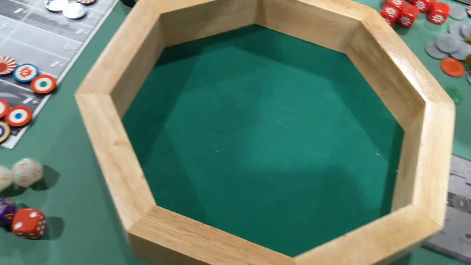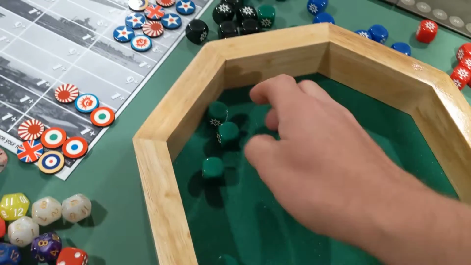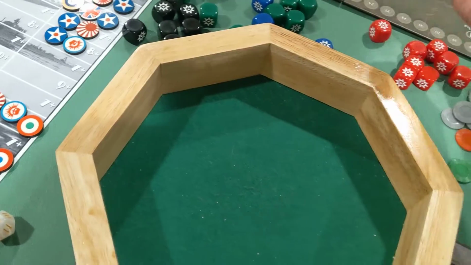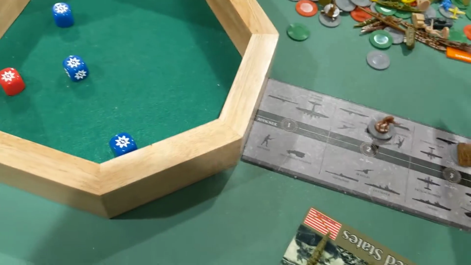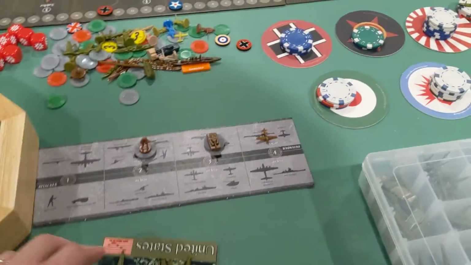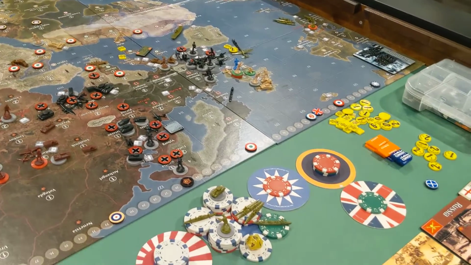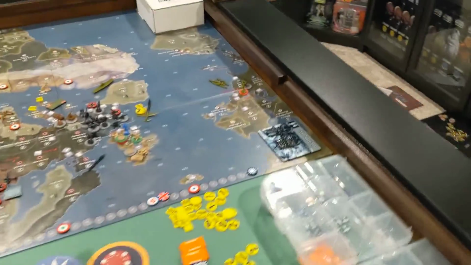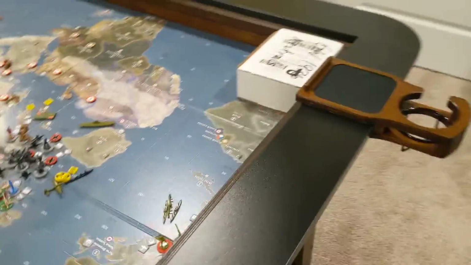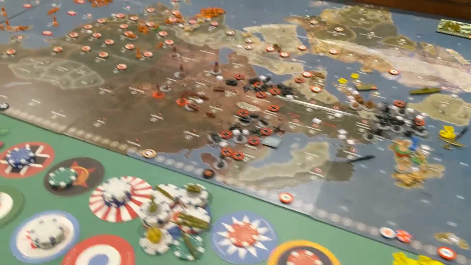And now the Italians have 4 at 2, just looking for 1 hit, and that didn't get it. 3 at 3 and 1 at 4. There it is. So the Americans have lost pretty much their entire Atlantic fleet. They've got 6 transports and a battle cruiser sitting off of Italy. So, yeah, not going well, but I didn't know what else to do. Japan's got this thing so